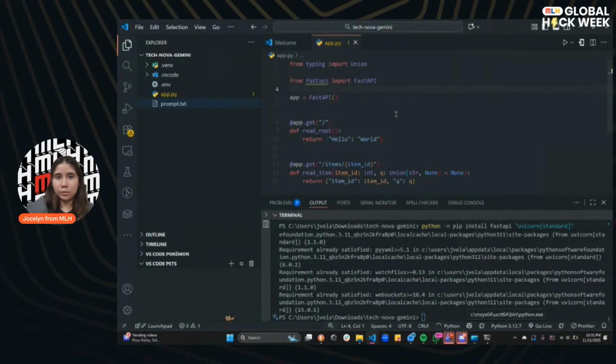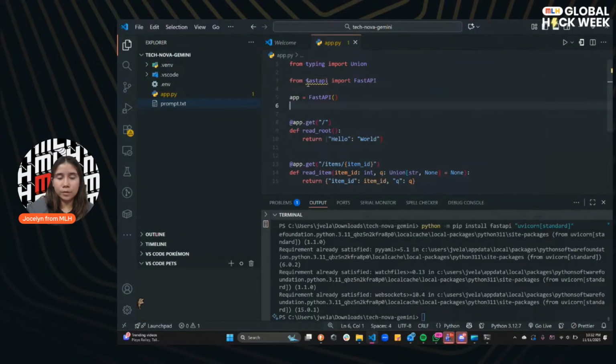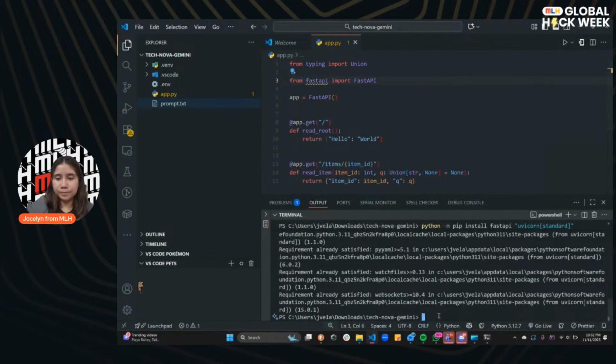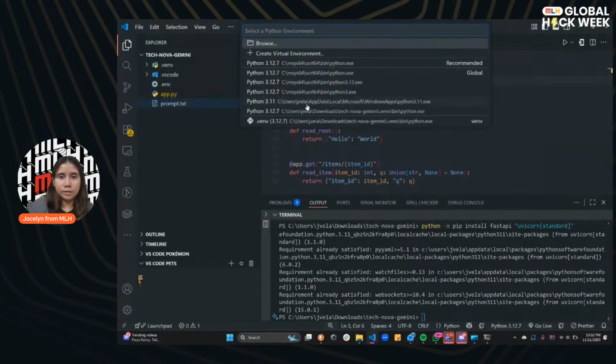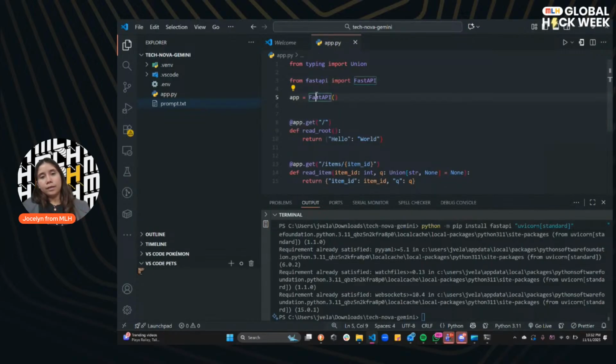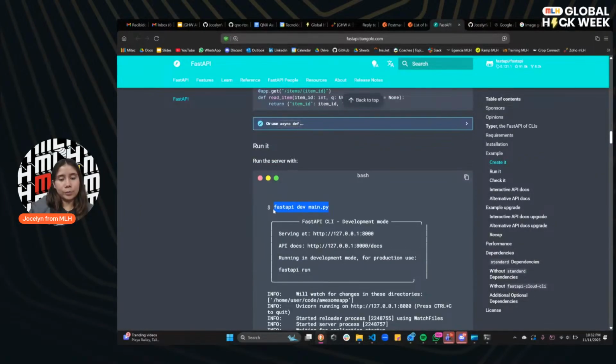3.12.7. Let's use the global one. Not yet. Nope. Nope. Maybe this one. Okay, 3.11 had it. There it is. So now to run this, you can naturally use this one, but this one did not work